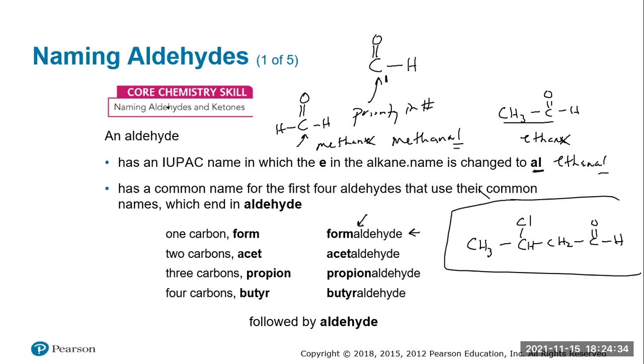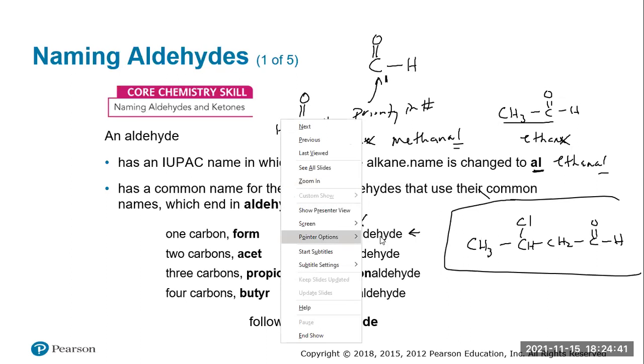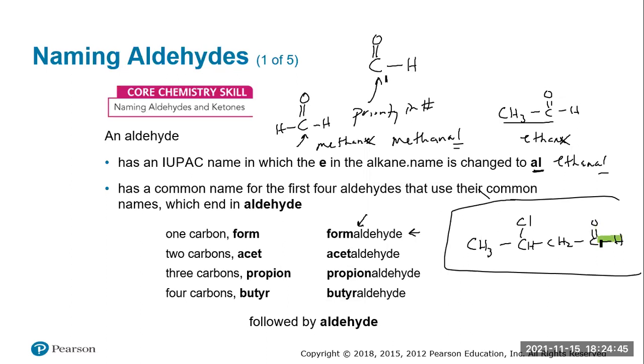Okay, so let's take a look here. We want to follow the same steps that we've been doing before. We're looking for the longest carbon chain. Clearly, in this case, this is the functional group, so that has to be part of it. And that looks like 1, 2, 3, 4 carbons. And then we also have a group that's attached over here. So 4 carbons is based off of butane. This is obviously our aldehyde group, which then becomes